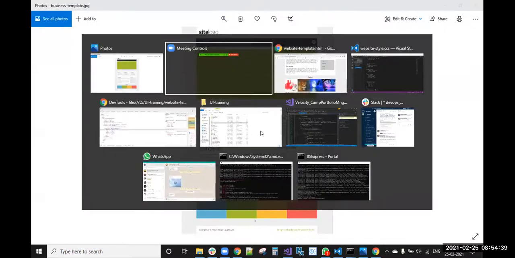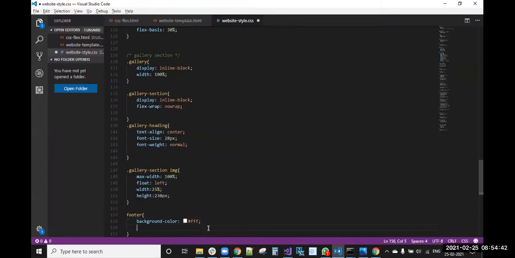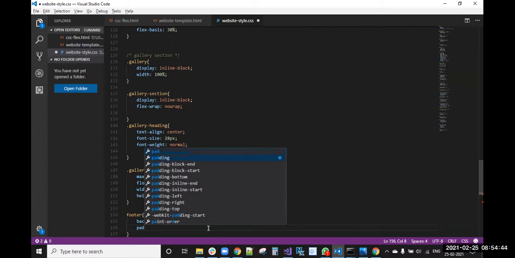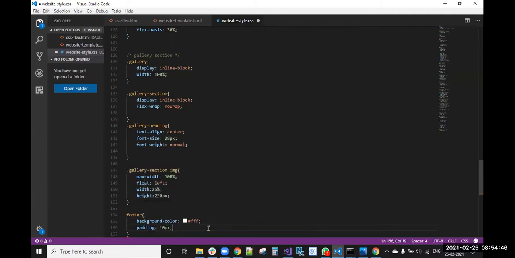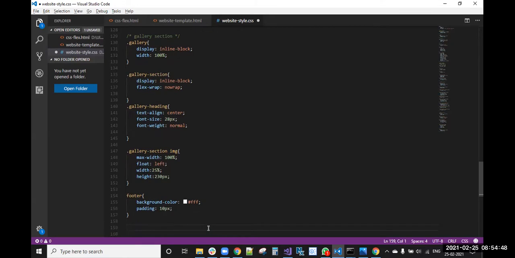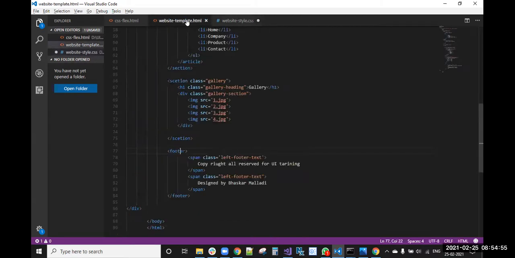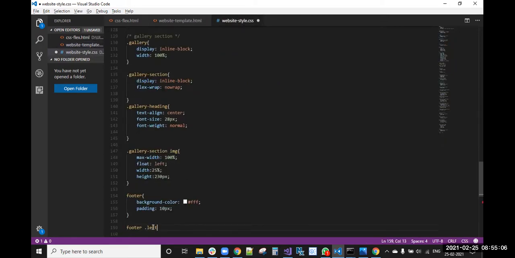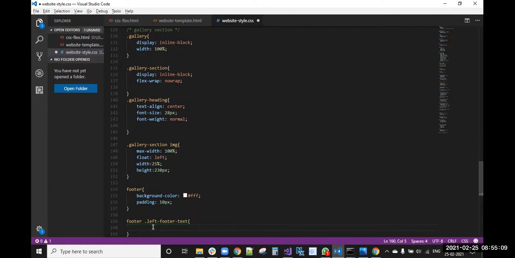So what we will do, we will apply some padding, 10 pixels. And the left footer text will be float left.